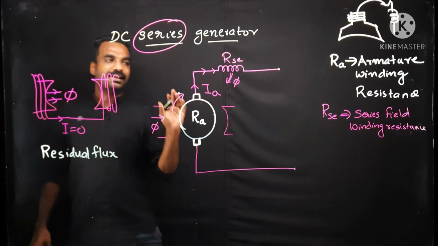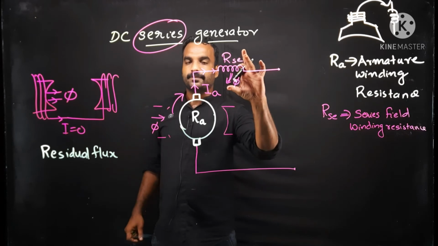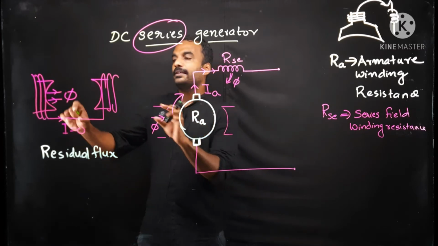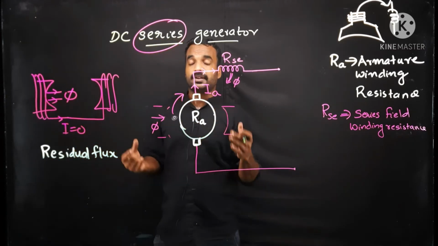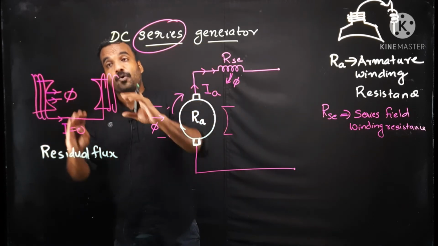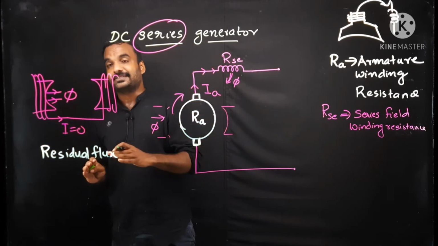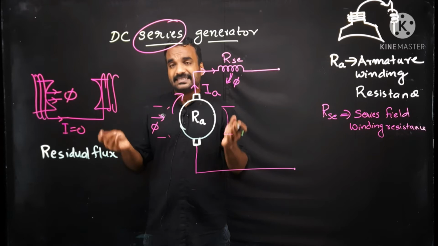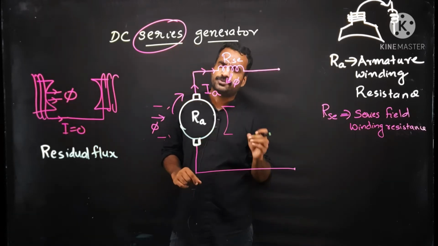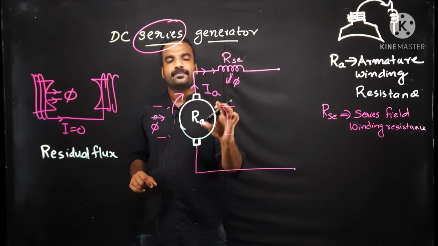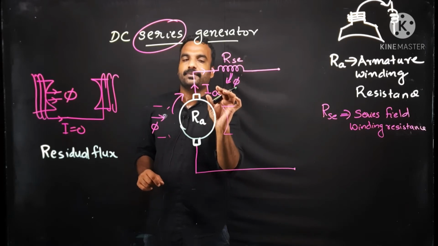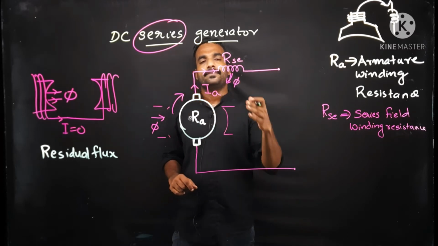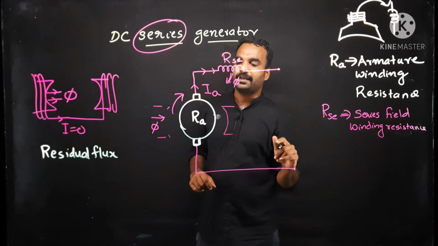So at the starting, we know that no current is there in the field winding because Ia is 0. But still we will rotate the rotor and the residual flux will be there. What is residual flux? It is the flux stored in the poles while it was excited previously. When you excite the machine and you turn the machine off, still it will store some flux. It will be a very small flux. By cutting that flux, initially a small armature current will get produced. That current will pass through the field winding again. So flux will increase. Step by step, the flux value will increase and the armature current will become the rated current.